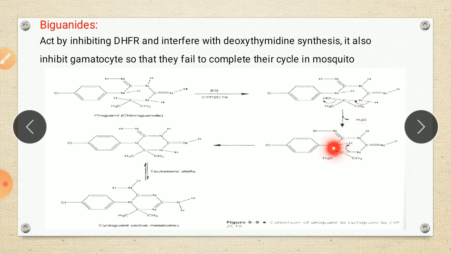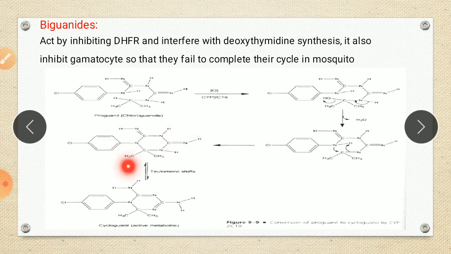So here there is a formation of double bond. Then the next step is tautomerism. In this tautomerism, this hydrogen is shifted here and this double bond shifted here, so it becomes a 6-member ring. In this tautomerism, the hydrogen shifted to this nitrogen and this double bond shifted here, so it produced this type